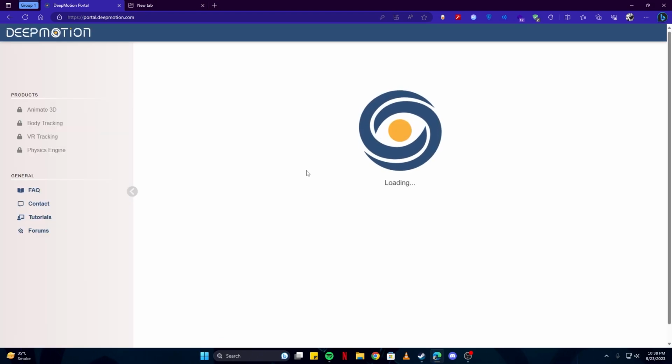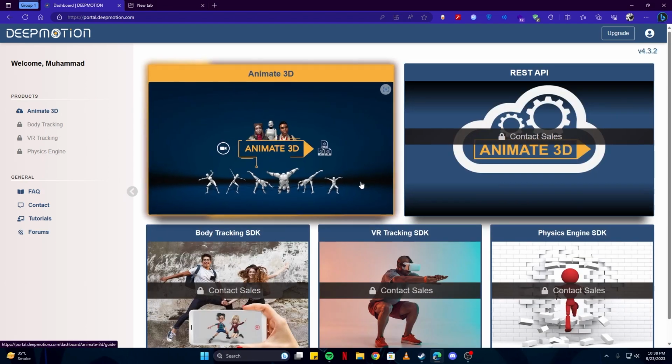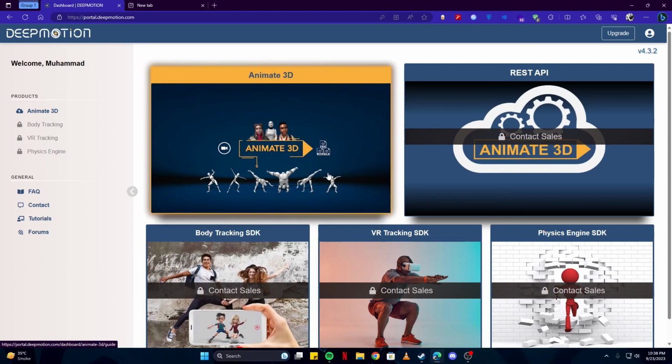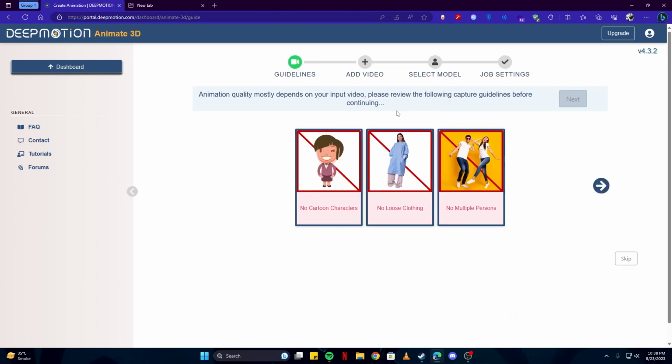Alright, once you're done creating the account and have logged in using your credentials, you will be presented with the dashboard similar to this, which is currently loading up. Okay, so this is how it looks at first. And of all these options, the only thing we are interested in is the Animate 3D. If we tap on that and click on this Get Started button, we will be presented with this screen where